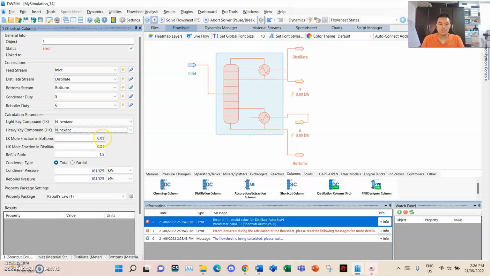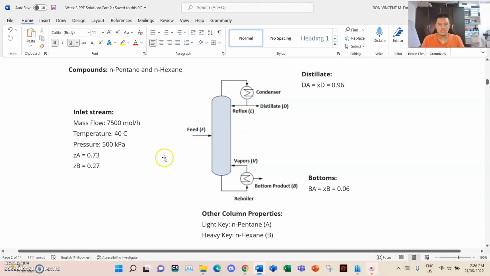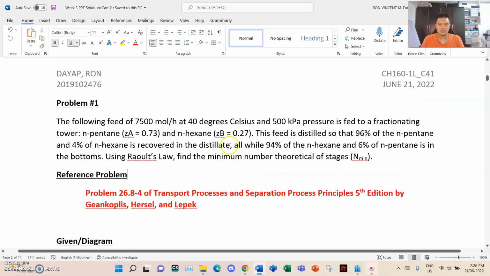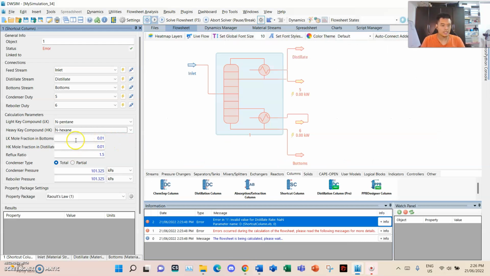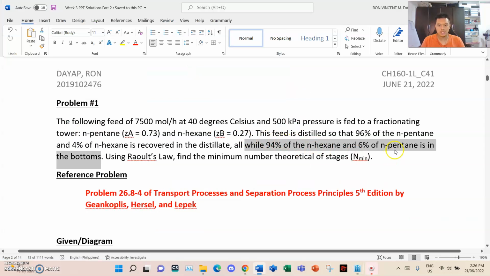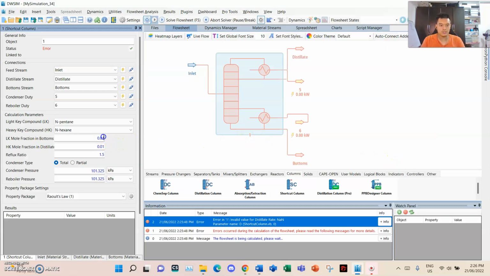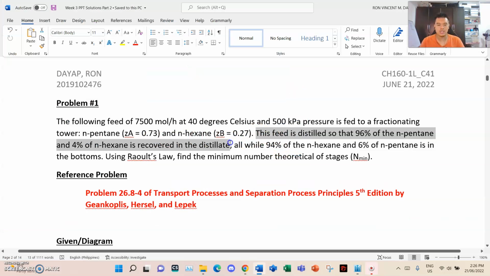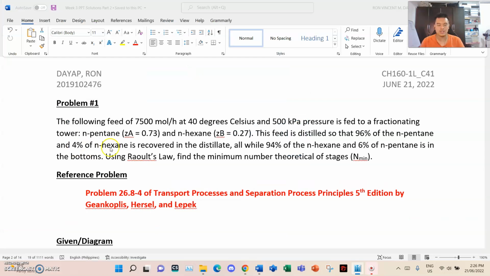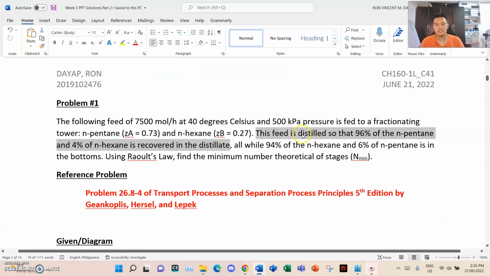As you can see here, according to the problem, in the bottoms part, the light key is pentane, and the light key mole fraction in the bottoms is 6% or 0.06. Then the heavy key mole fraction in the distillate: the heavy key is hexane, and in the distillate it is 4%